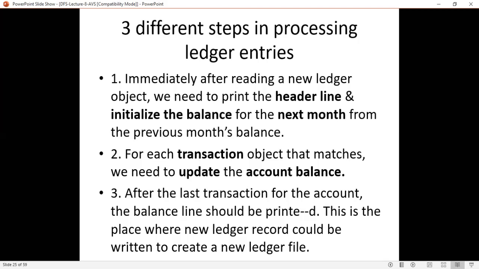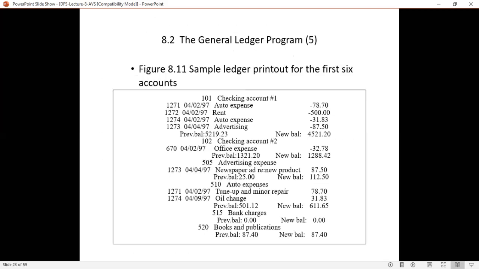The second step is, for each transaction object that matches, we need to update the account balance. That is, to the previous balance you have to update the transaction of that particular account. See here, in the second line, for 101, you have auto expense, that is minus 78.70.